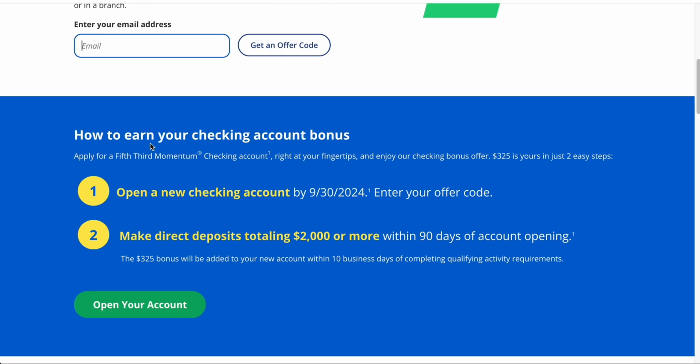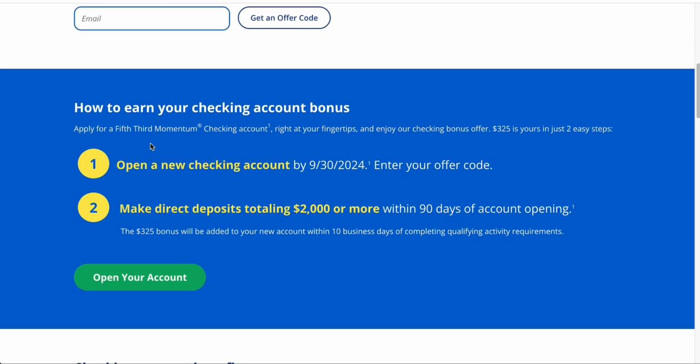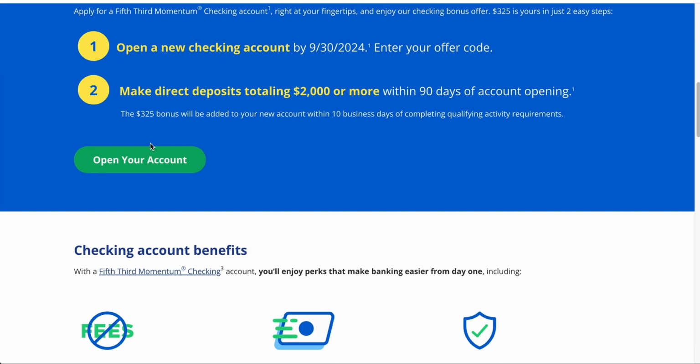Now, step number 2. Make direct deposits totaling $2,000 or more within 90 days of account opening. Now, this is really simple right here. It gives you a long amount of time to reach that $2,000 as well. You don't have to do one deposit; two deposits, however many it takes to total $2,000 or more within 90 days of account opening. Now, if you're wondering, okay, direct deposits, what kind of direct deposits, what qualifies, all that,